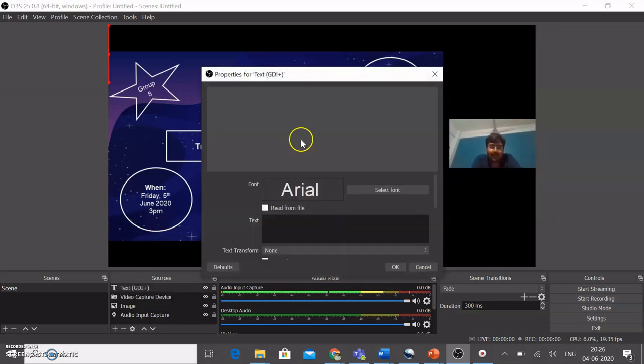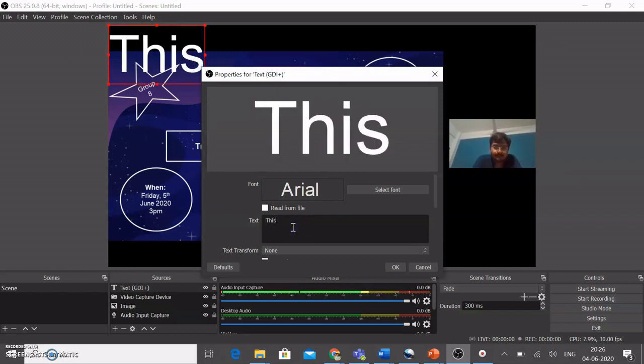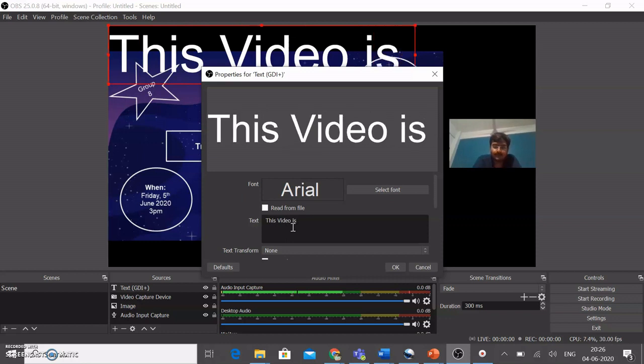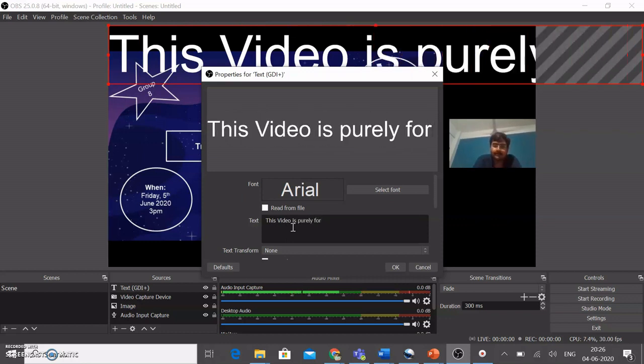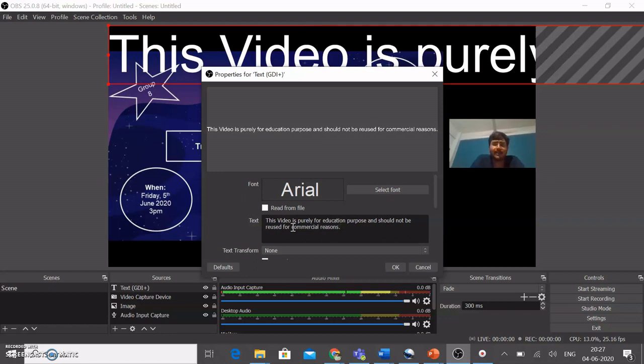So I'll click on OK and I'll write the text in the text box. Let us say something of this sort. I want it to be visible on the screen.